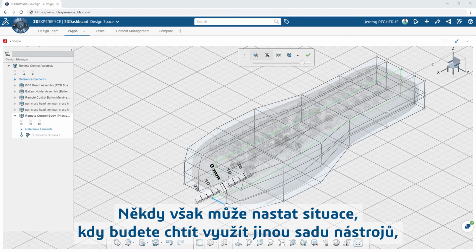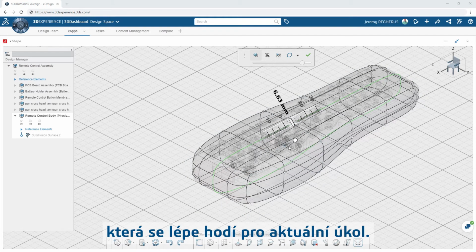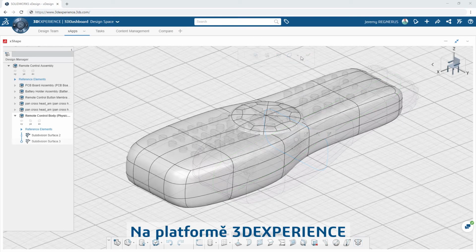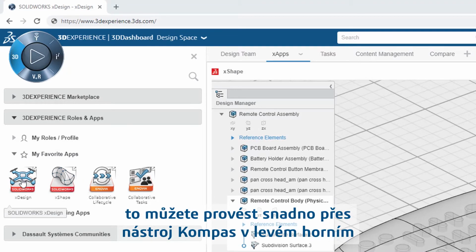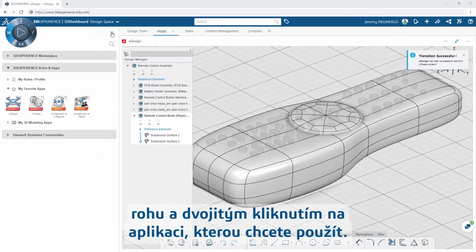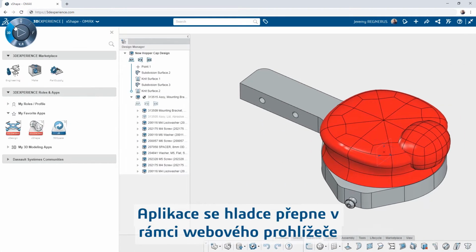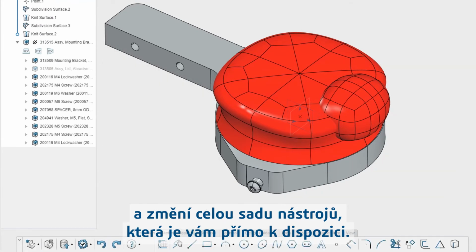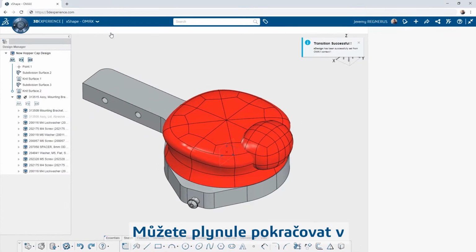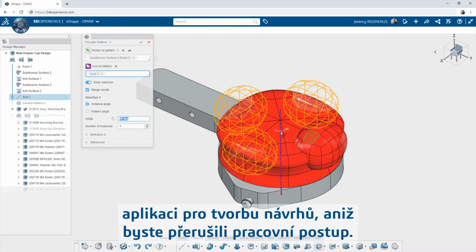Sometimes you will find yourself in a situation where you want to utilize a different set of design tools in a different app better suited to the current challenge. On the 3DEXPERIENCE platform, this is done by simply navigating to the compass in the upper left-hand corner and double-clicking on the app you would like to use. The app will quietly switch within your web browser, changing the entire set of tools you have available at your fingertips. You can seamlessly continue working, leveraging all of the features found in a different design app without disrupting your